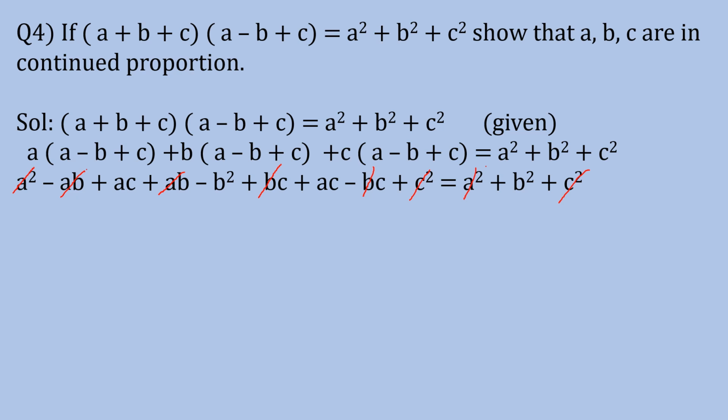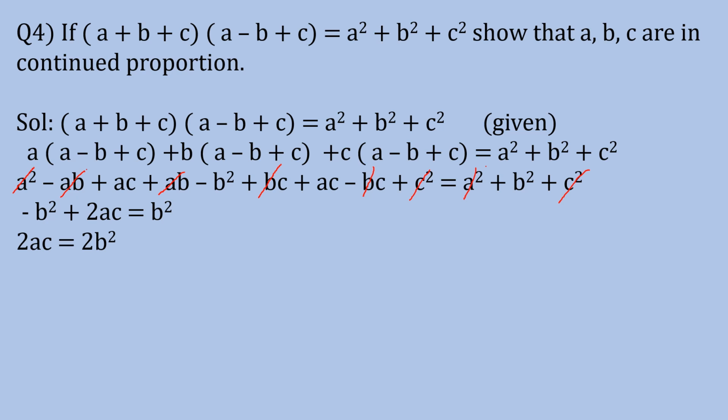From the left hand side, plus AC plus AC, so it will become 2AC, and b square is there, minus b square. So we'll write the next step. What is remaining we'll write down. That is minus b square plus 2AC equal to, from the right hand side, only b square. Is it clear? Now students, I'll take this b square to my other side, so it will become 2b square. So you'll get the next step, that is therefore 2AC equal to 2b square.